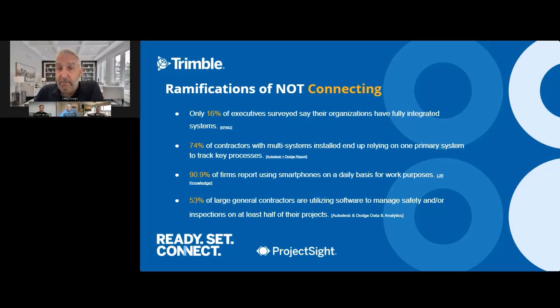I want to answer another question from Michael Mortel. What kind of learning tools do you have for ProjectSight? I would like to improve my understanding of the software. So Michael, you can go to projectsight.com and click on training for general data. If you're a Trimble customer, you can go to your Trimble portal, your customer portal, and that would be an option at the bottom of the page.